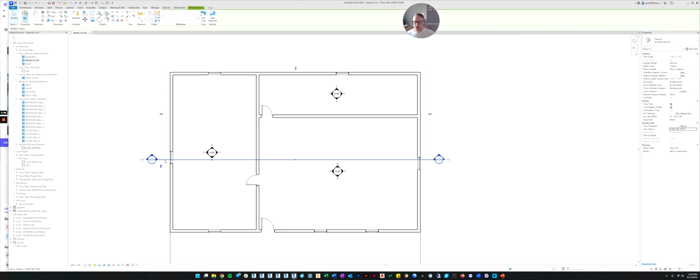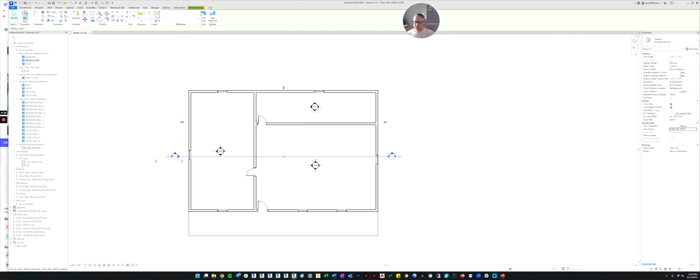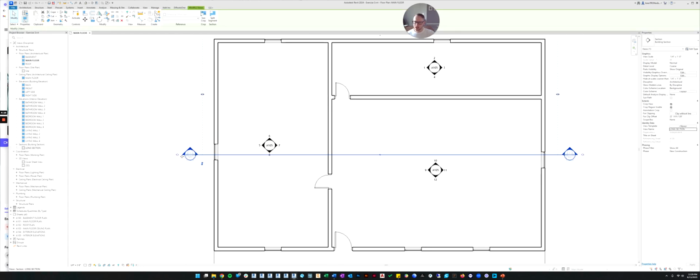It's got this long line to indicate where it's cutting, and then it's got a head at both ends. You can actually change what that looks like by clicking these little rotation arrows, and it'll rotate through the different options for section heads. It depends on your template and your company. There might be a bunch of options. It looks like in the default template, you can either turn it on or turn it off.